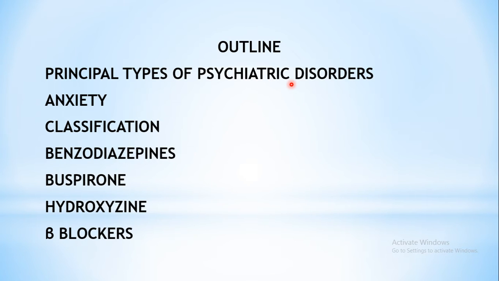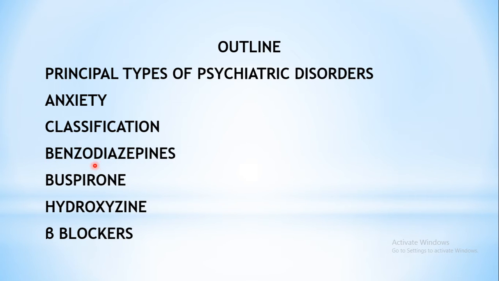The drugs or chapters which we are going to study are related to the treatment of psychiatric disorders. So before going into those chapters, we shall see what types they are classified into, and what symptoms are seen in such conditions, for better understanding of the treatment line. Then we shall see what anxiety is in brief, then the classification of drugs used for the treatment of anxiety, then the classes and the individual drugs under the classes.